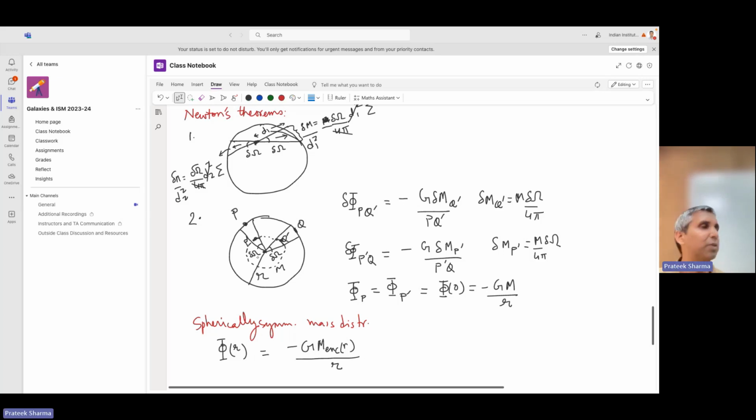Right, so this is using theorem 2. All the mass that's inside, you can put as if it is at the center. It's using theorem 2 to write this. This is the contribution due to all the mass inside the radius r to the potential. And then you have minus 4 pi G integral from r to infinity of rho(r') dr'. This is due to theorem 1.